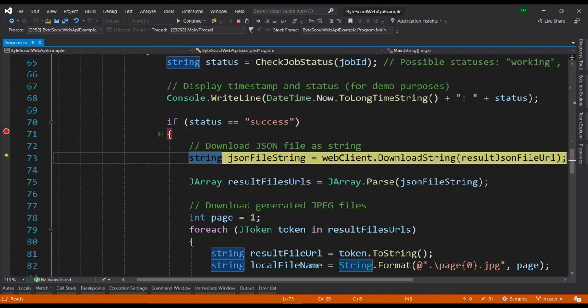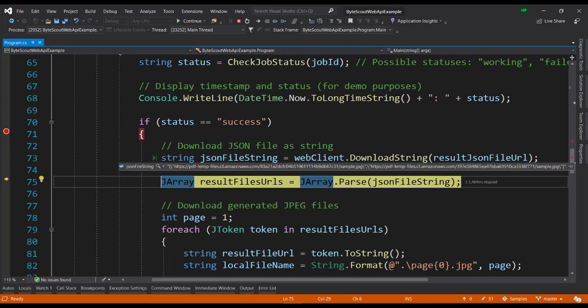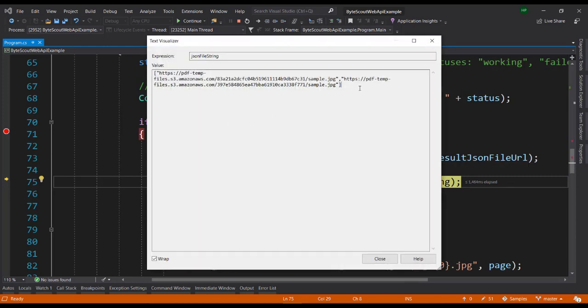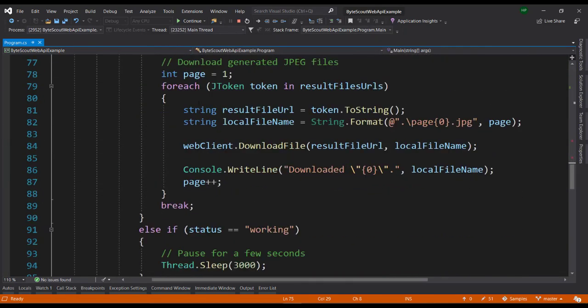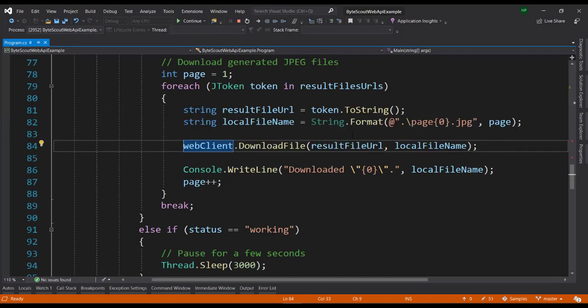So we will see what's in response of this. So we are going to download this file and grab the response, and we can see it is containing two image URLs, because the PDF itself has two pages. And we opted for all pages. So we are getting all the page URLs, one by one image URL, and simply downloading this.